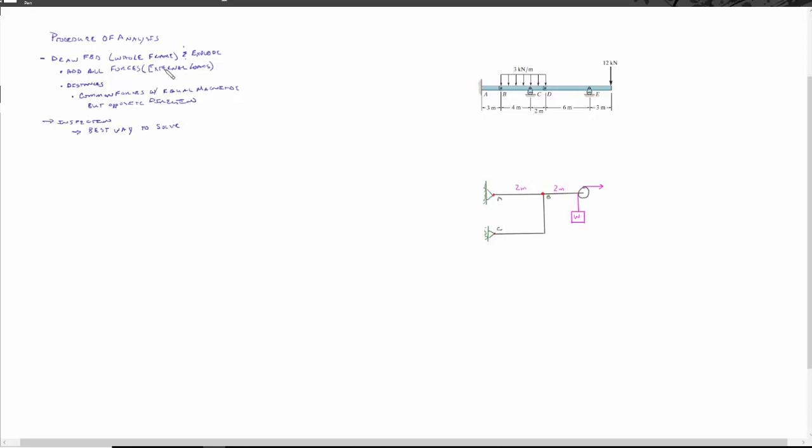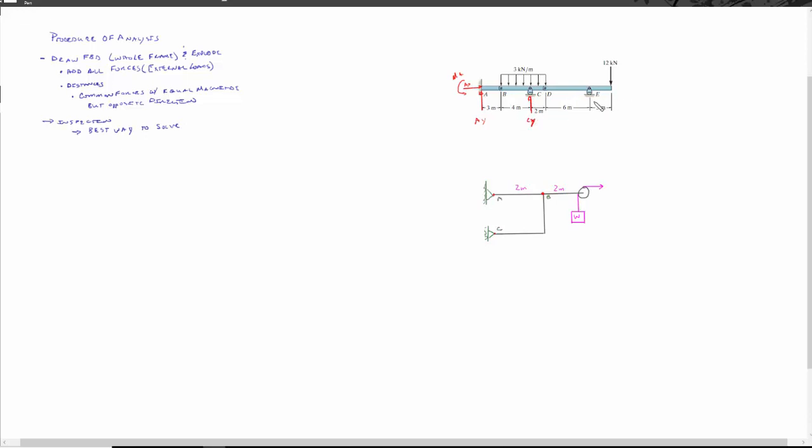Our procedure of analysis is to draw the free body diagram, and I like to draw the free body diagram for the whole frame. So for example, if I was to draw the free body diagram of this frame, I would go ahead and take off the fixed and the two rollers, and I would add in my forces there. So I'd have the moment about A, I'd have AX, and I'd have AY. Now in this case we know that AX is going to be 0. I would also add